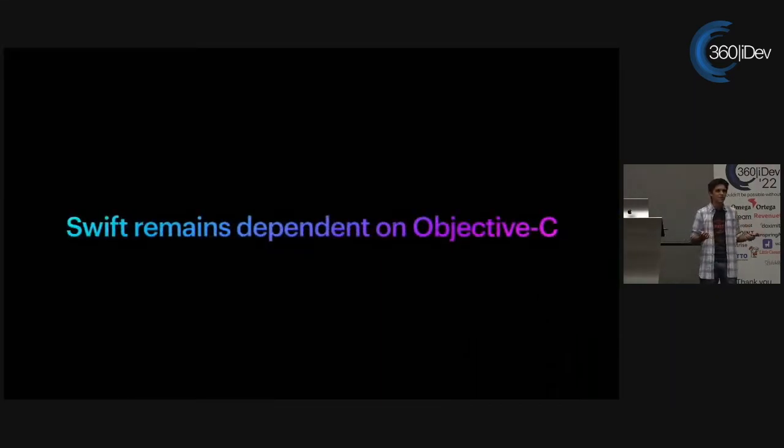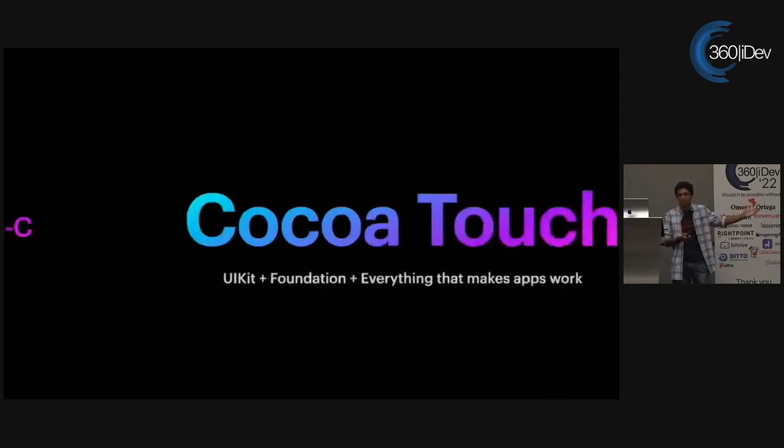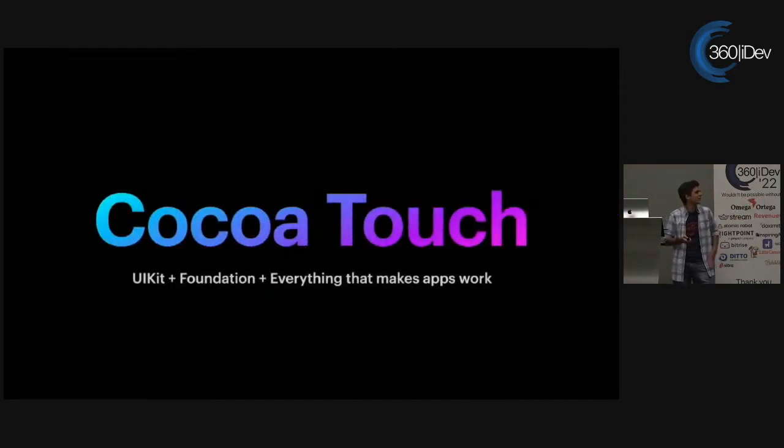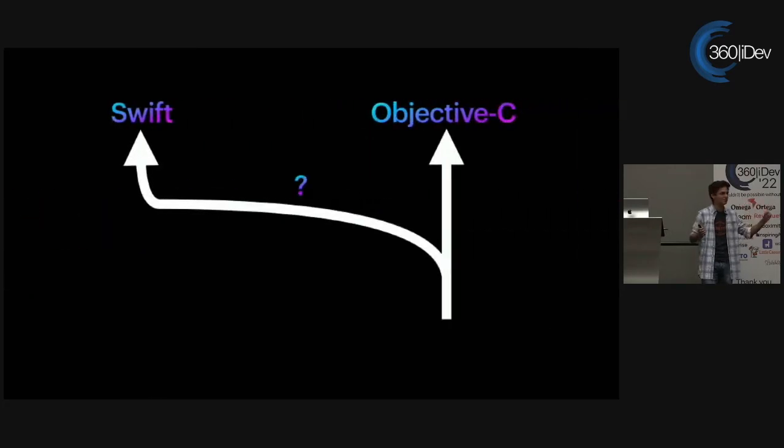But again, we still have this issue of Swift being dependent on Objective-C, because again, just because we open source does not mean that we somehow just eliminate all of our issues. So how do we solve this? Value type. Oh, wait, no. Everything that makes apps work is still the... All right, so everything that makes apps work is classes, but value types. So how are we going to do this? That is a really good question, huh? All right, so maybe we don't...